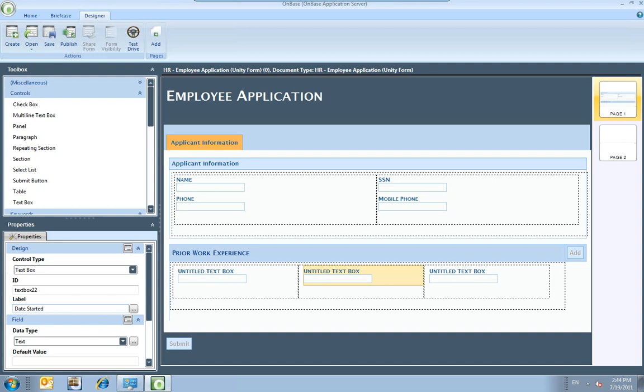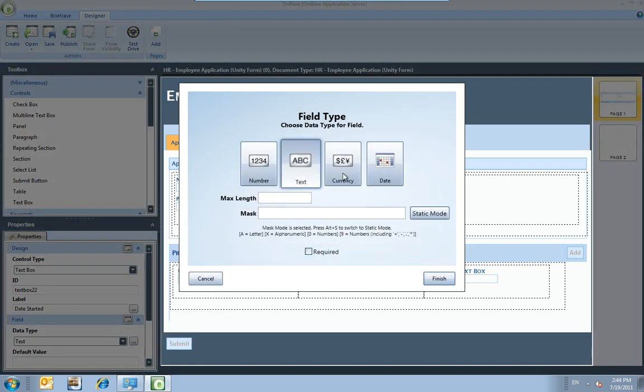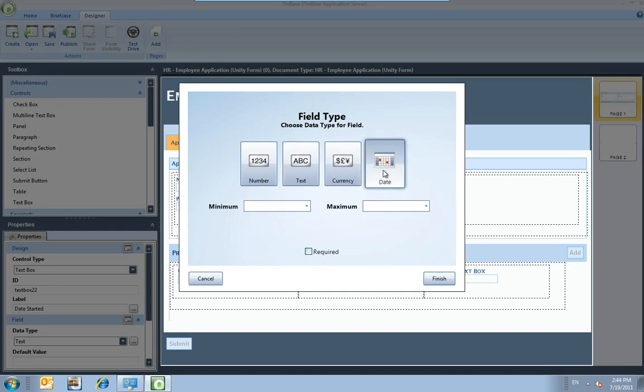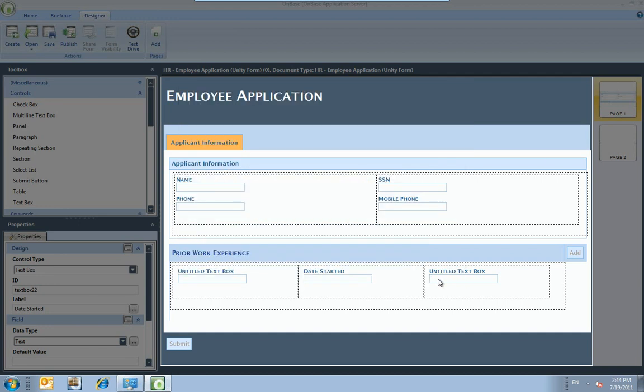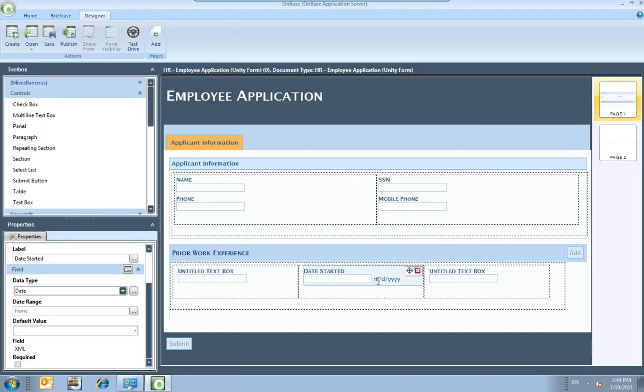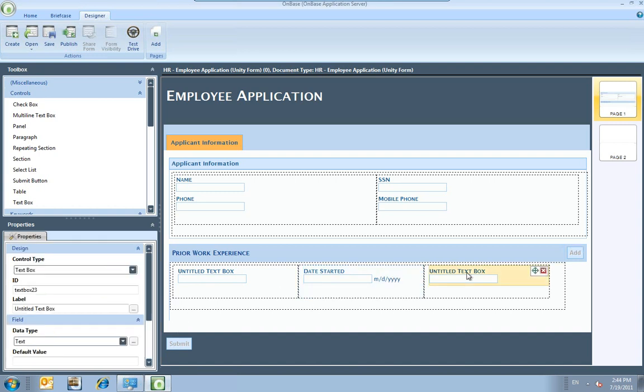So this is not a keyword. So as far as this form knows right now, it's a text field, but we want to make it a date field because we want to get that date picker. So we just get this really easy dialog. We can decide if we want it to be a number, text, currency. We want it to be a date. We could set a minimum or maximum date. We can make it required. We're not going to do any of that. And then you see that we get that little guide that shows you it's going to be month, day, year. And we can do the same one here